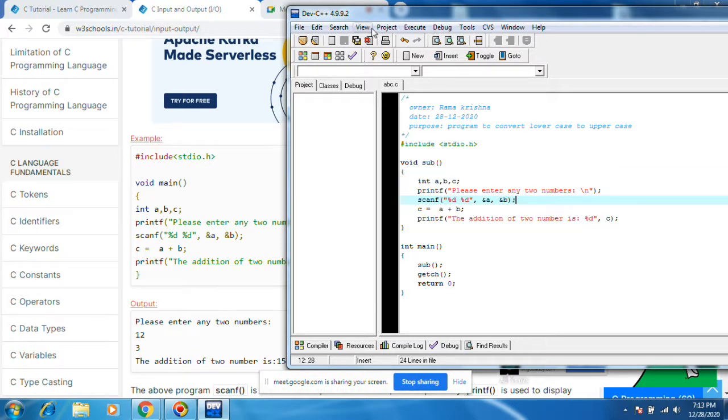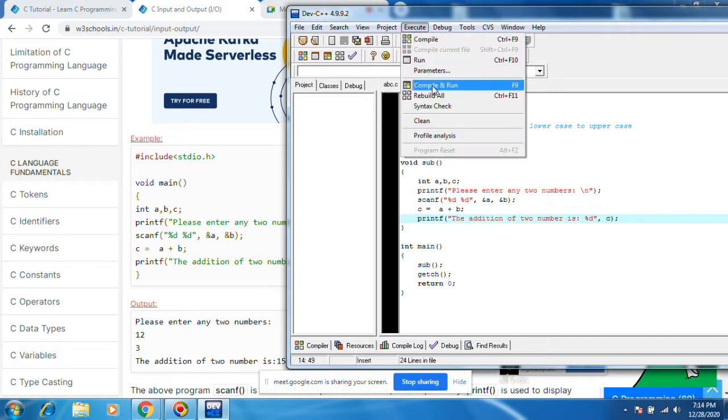Okay, let's run this. In the function also we need to declare variables at the top of that, or immediately after the brackets. This is called declaration. This is the output. Printf will give just output only. Scanf will read the input. Scanf will be the input thing. This is the sum assignment: c equal to a plus b, sum of two numbers, addition of two numbers equal to percentage d c.